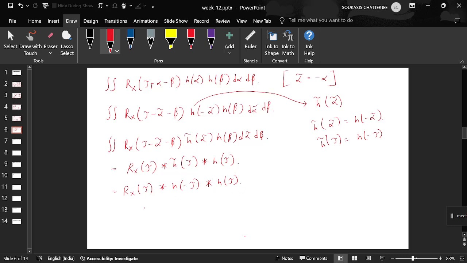and I take the whole thing to the frequency domain, or Fourier transform. This convolution will be just simply multiplication, right? So this one here is going to become the power spectral density multiplied with this one. I am keeping blank as of now. H of tau, I know that the frequency response is given as H of f. Now what about h of minus tau? So h of minus tau is going to have a Fourier transform. If I write the Fourier transform of that, it is going to be as follows: h of minus tau